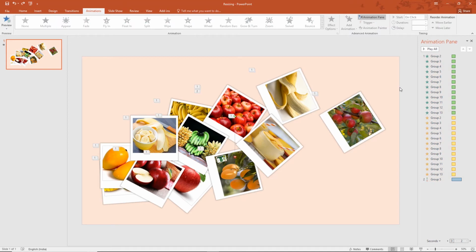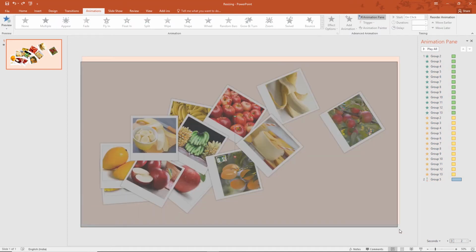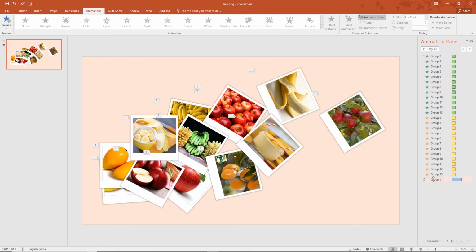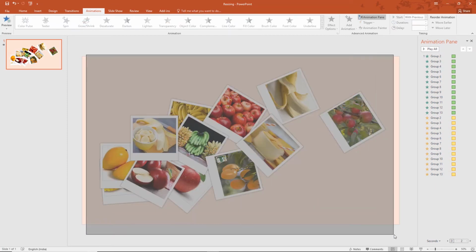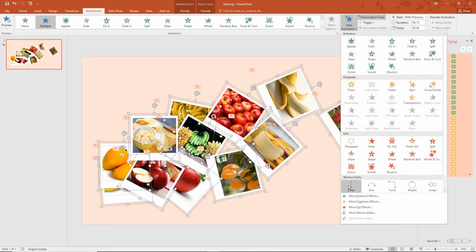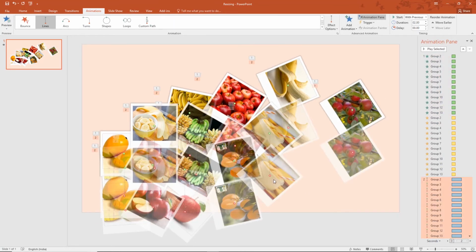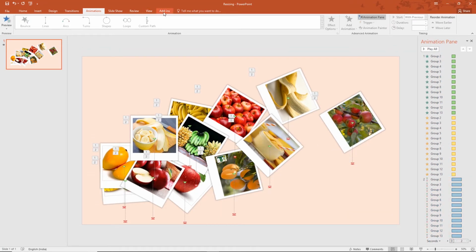So all I gotta do now is select all of these images and add motion paths. First of all, I'll delete this one so that it doesn't double up. Select all of these images, add motion paths, and then just change the position of these red dots of every image to take them to the pile. And as there are so many of them, I'll bring in guides.